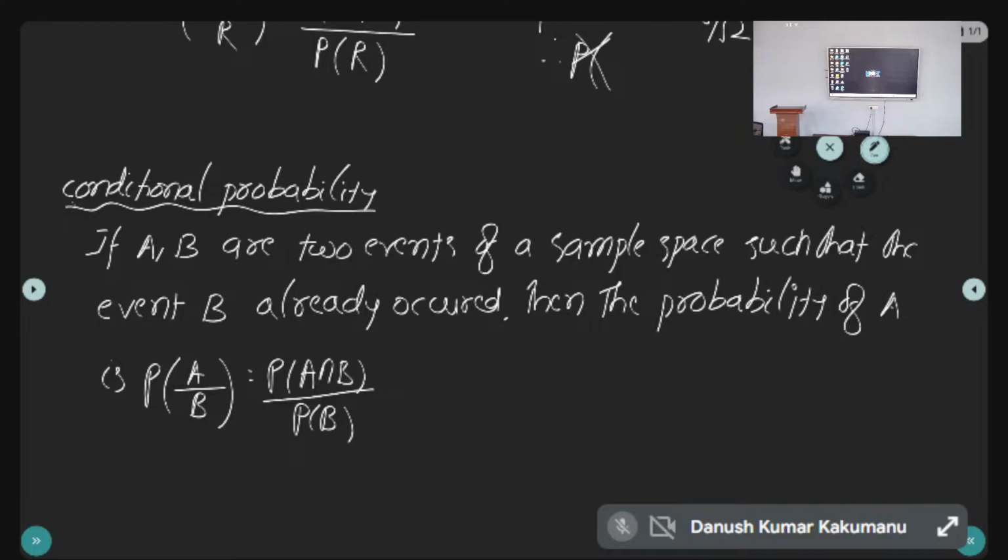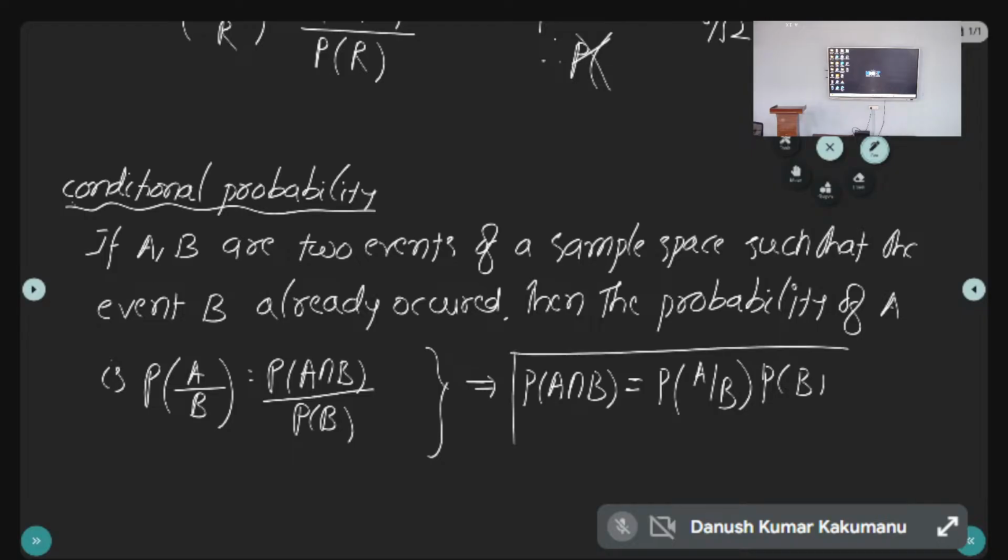From this, what is P of A intersection B? P of A given B into P of B. If you cross multiply, P of A intersection B. This is called the multiplication theorem. Like the addition theorem,